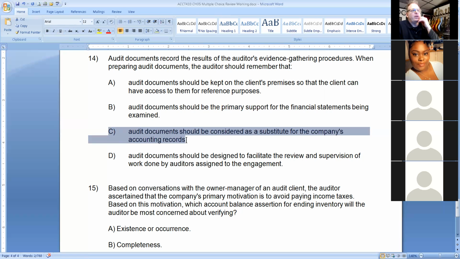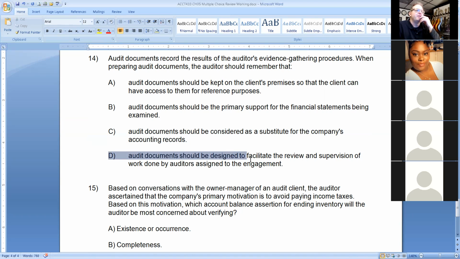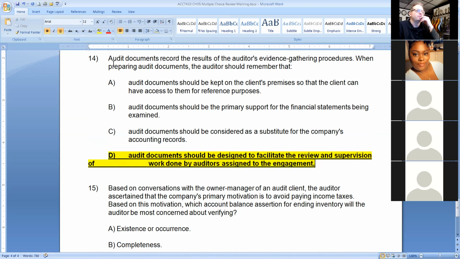We can't say, okay, we're not going to use your records. We're going to use our records, and you can use these for your financial statement. I'm going with, would it be D? It is, yep, D. So they should design to facilitate review and supervision of the work done by